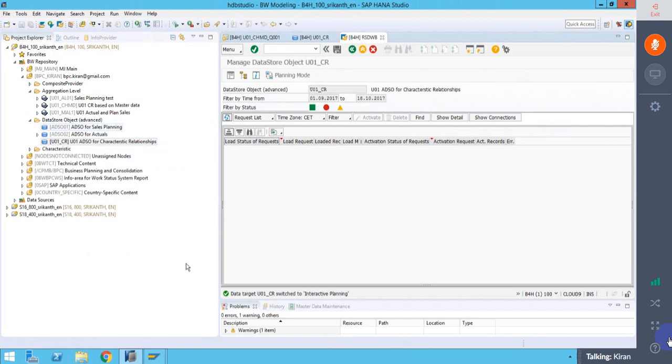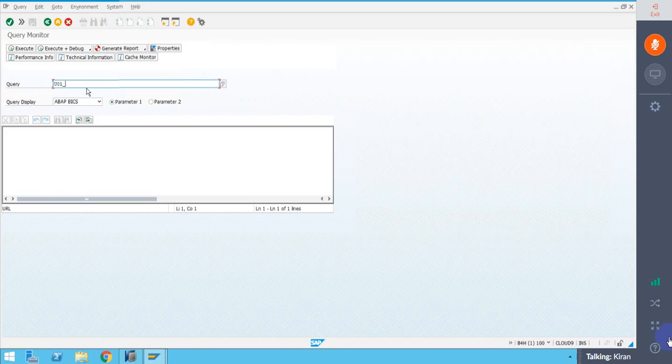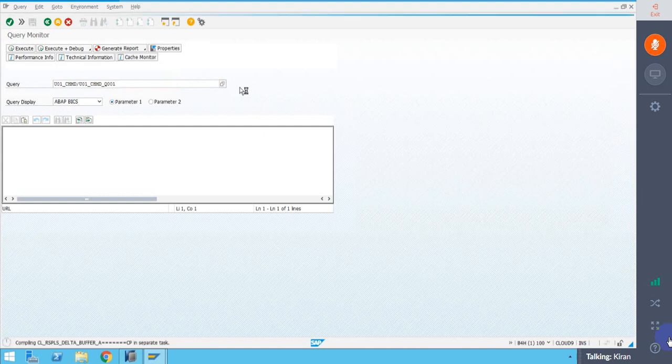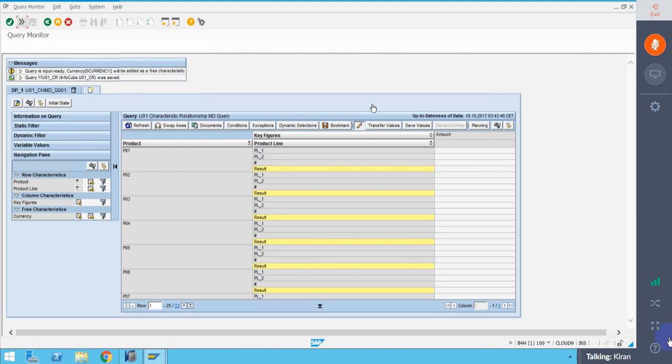So here U01 CHMD underscore Q001. Execute. Now, how are these values generated? When I click on change,